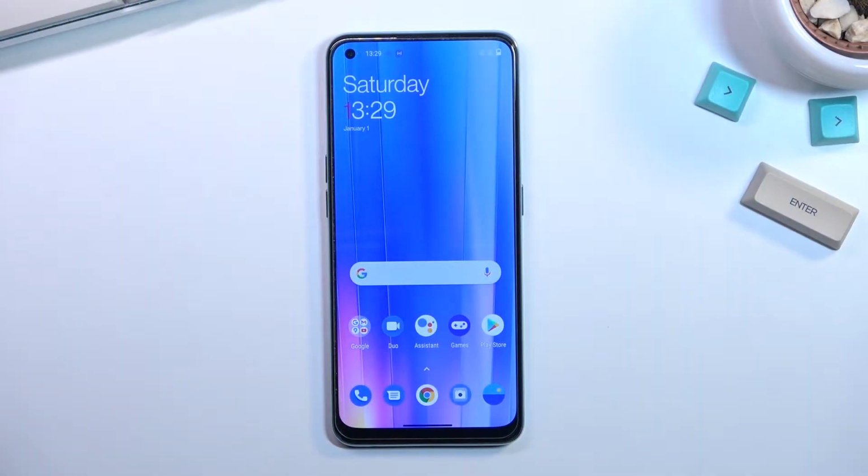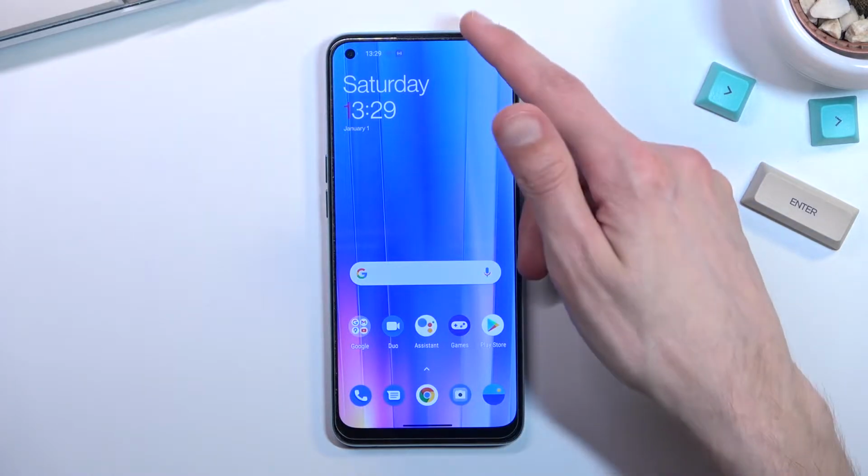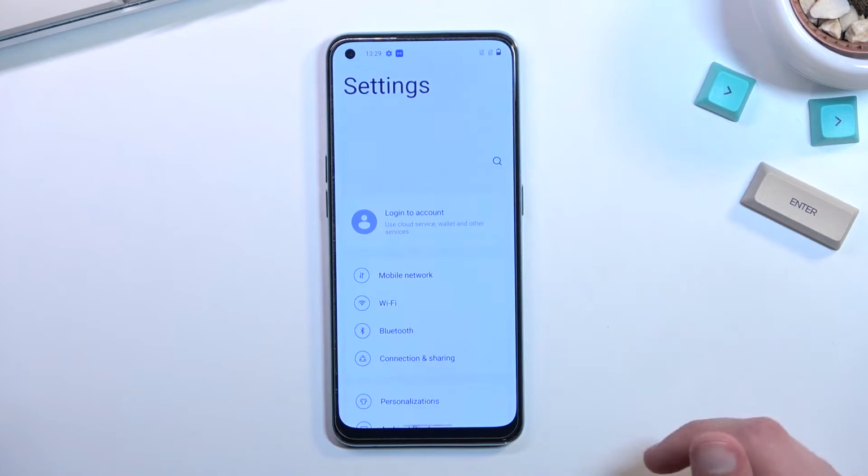Welcome. In front of me is a OnePlus Nord CE2, and today I'll show you a couple tweaks and tricks you can do on this phone. So anyway, let's get started with the personalization section of this phone by going into the settings and then scrolling